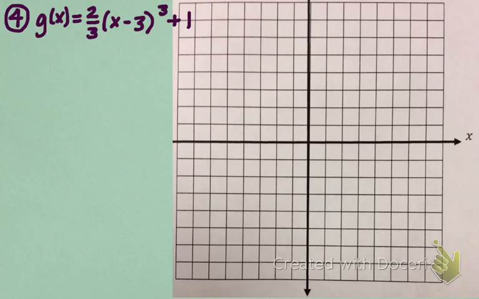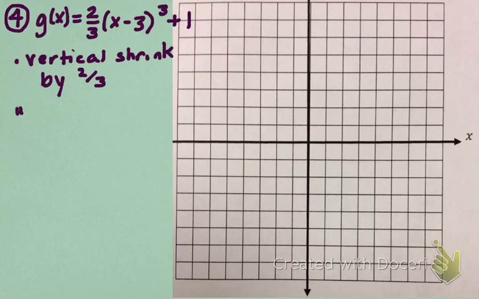We see a cube. And obviously, the first thing we notice is that we have a 2/3 multiplier, or an a of 2/3, which means that we're going to have a vertical change, because it's on the outside, and it's a direct effect, so it's a shrink. Shrink by 2/3. And then we can collapse these two statements you could make about the vertical and horizontal translations into vertex